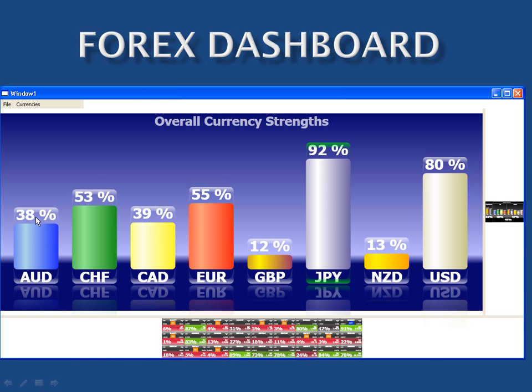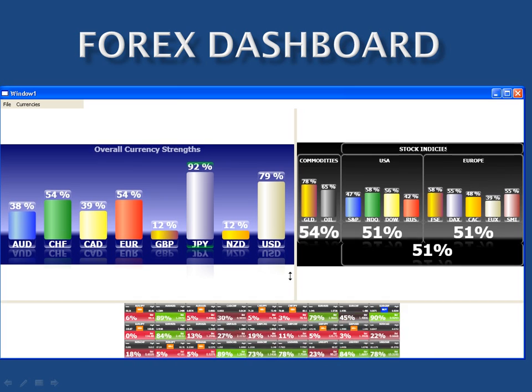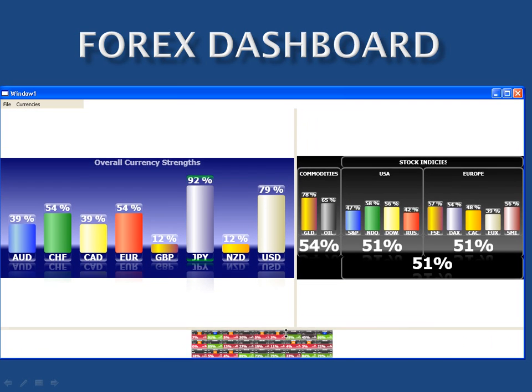We have the Australian dollar, the Swiss franc, Canadian dollar, the euro, the British pound, Japanese yen, New Zealand dollar, and the US dollar. And as you can see, at the moment, the Japanese yen and the US dollar are very strong, the pound being the weakest of the lot. I just want to resize here again so we can see what's going on. And then the last window that I want to show you, let's just go back here,